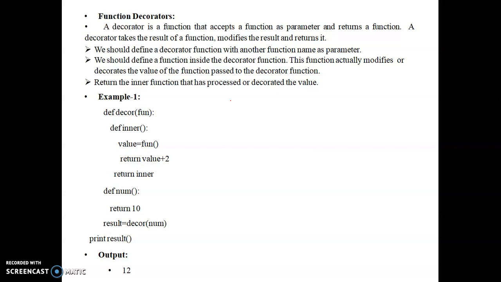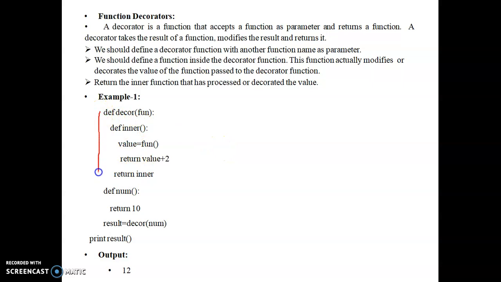Say for example, I want to make one function a secret, and I don't want to reveal that function name. Then I can use that secret function as an inner function in another function, and that outer function can be used by other functions, which can call our inner function. Like that we can decorate our function, or we can hide the function from the outside of our program. So for this we require the functions to be like this.